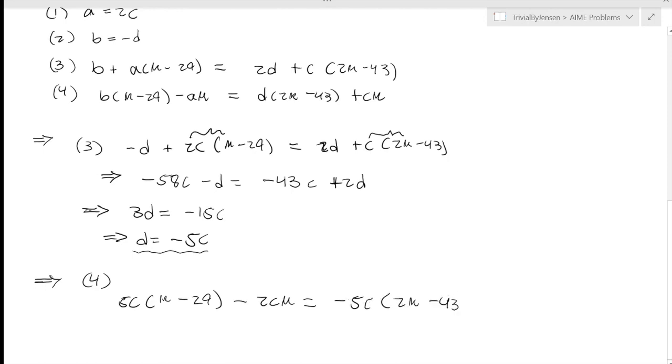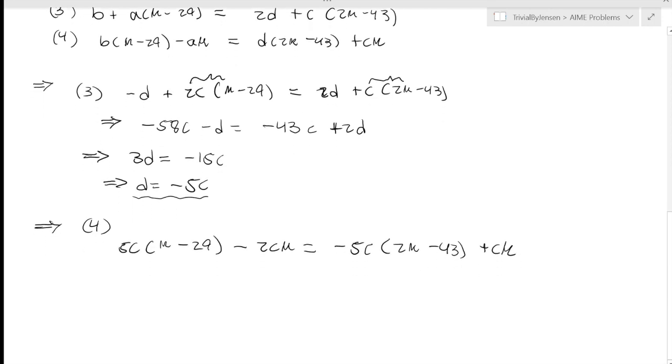Okay, now take a careful look at these factors. What do each of the terms have as a factor on each side? That's right, they all have a c. All of the c's go away awfully conveniently, and we're left with just k terms. So now we have 5k minus 145 minus 2k equals negative 10k